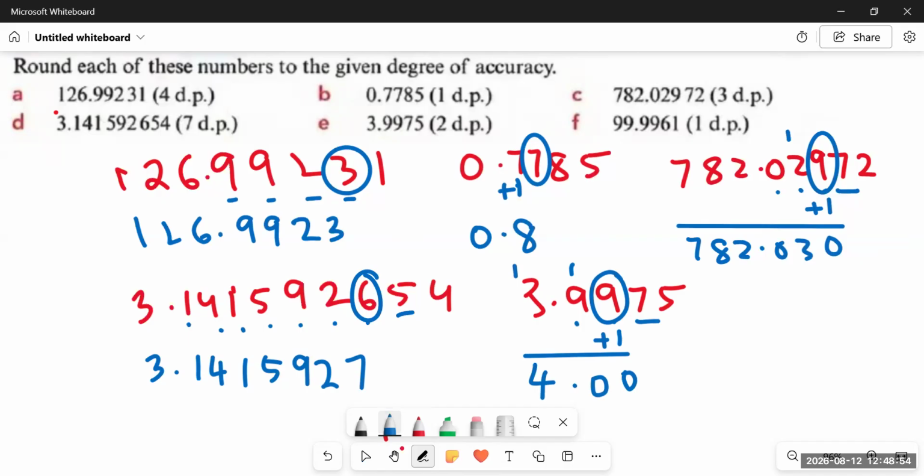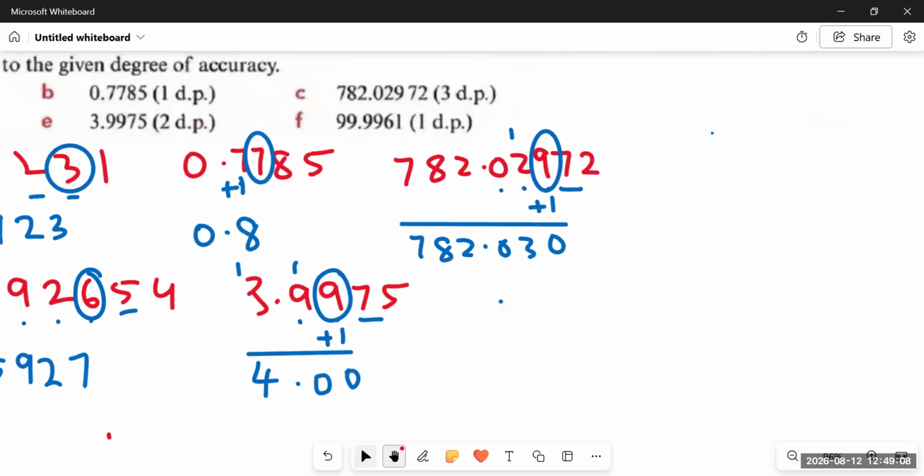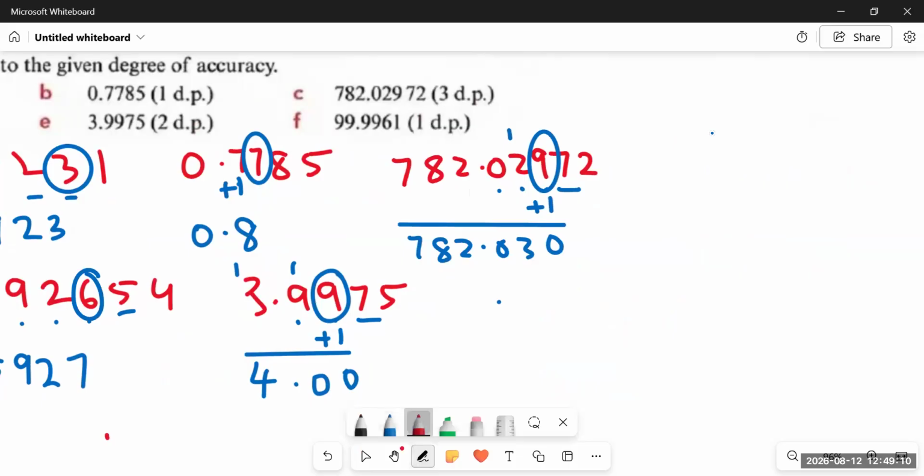You cannot write it as 4 because 4 doesn't have any decimal places and we have to round this number to 2 decimal places, meaning there must be 2 digits after the decimal. Okay, so keep this in mind. If you write 4, your answer will be considered wrong. Now the next one is